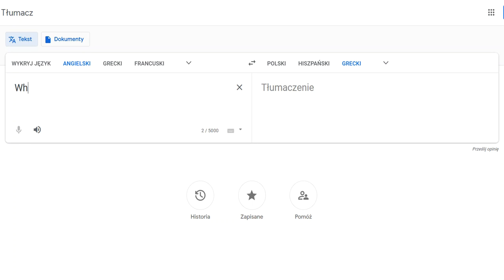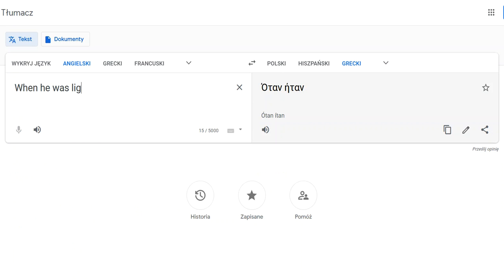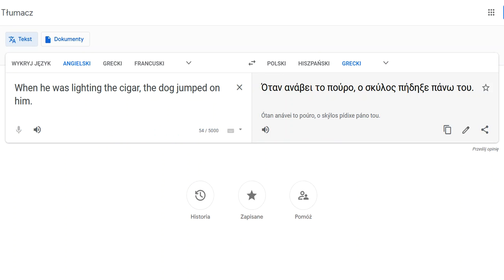For example, when he was lighting the cigar, the dog jumped on him. Okay? And